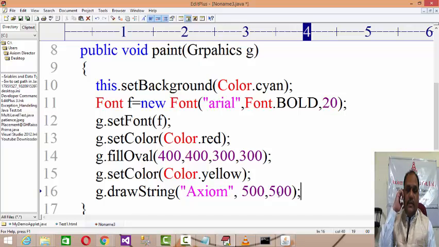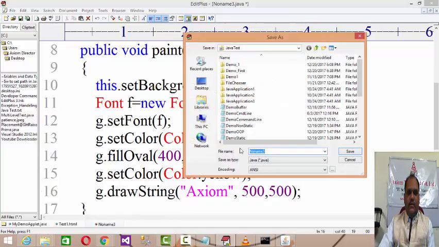So it should be inside that particular circle.